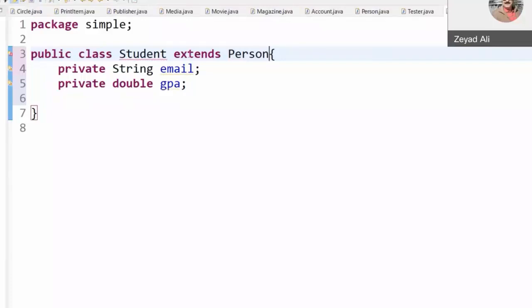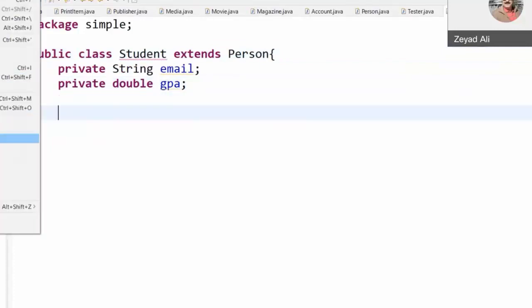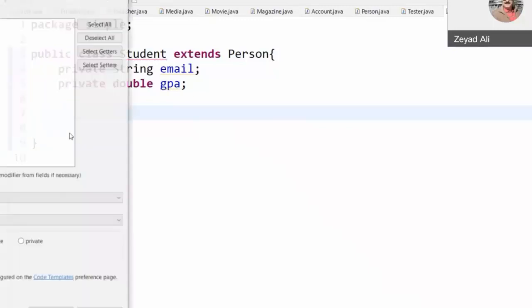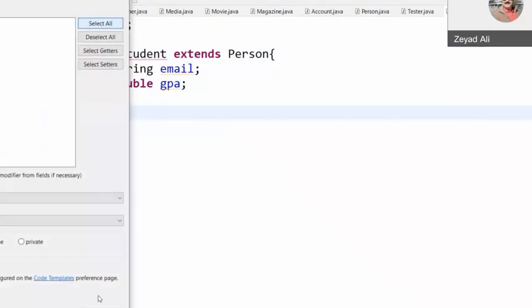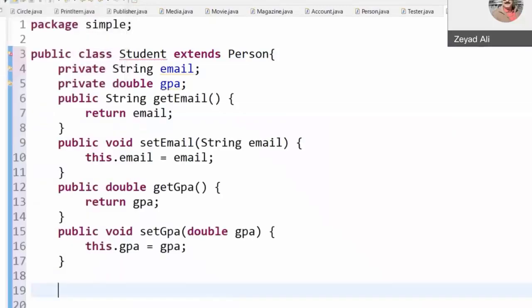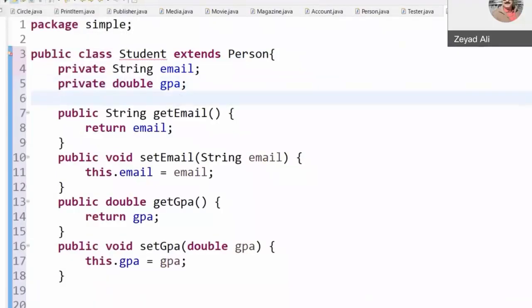In this case, student is a subclass, person is a superclass. You will see an error message here. We will fix it now. Before I fix the error message, you can also create your own setters and getters for all the new attributes of the subclass. We did this for email and GPA.